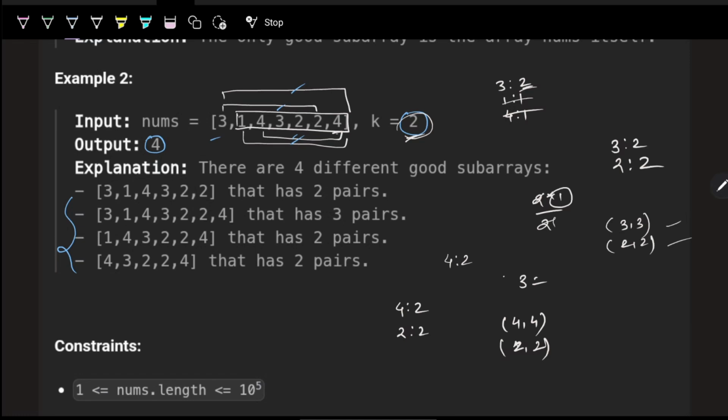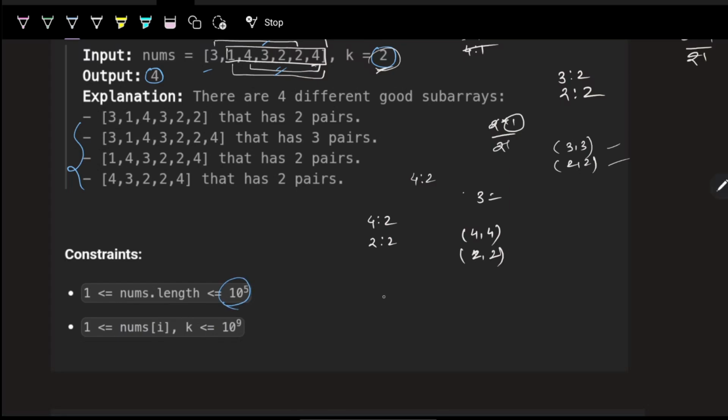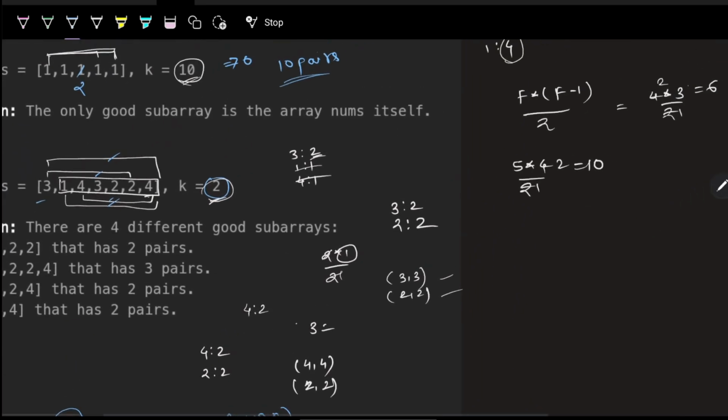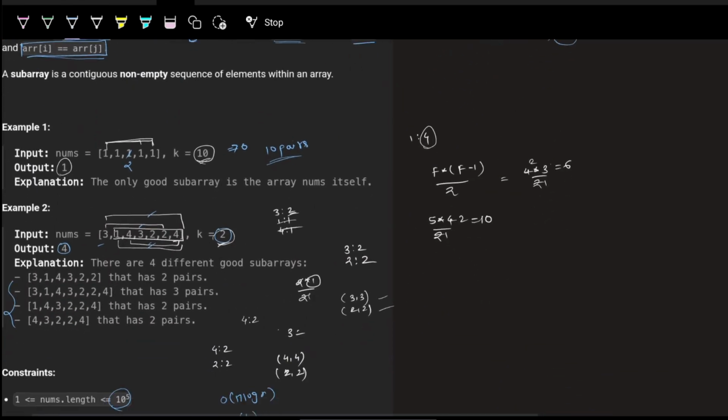So how can we solve this problem? Of course the constraint has been given 10⁵, so we have to solve it in big O of n log n or big O of n only. We can't go for big O of n square. So whenever something is asked about a subarray, the first thing that should come to our mind